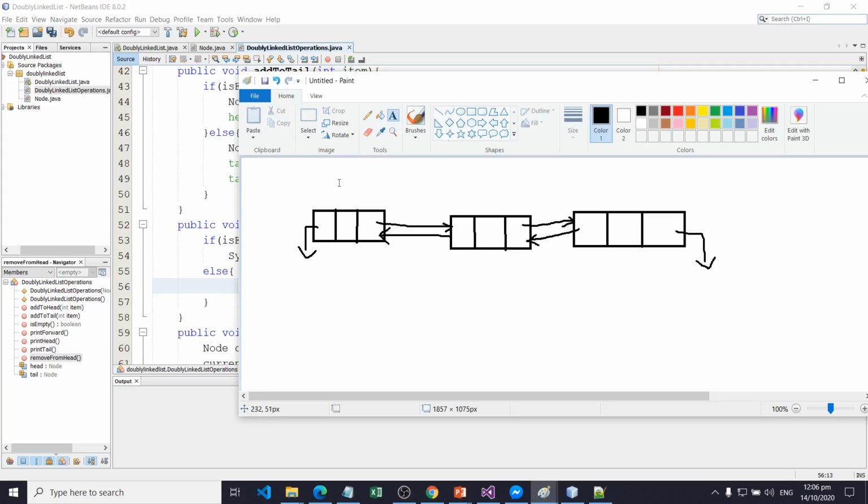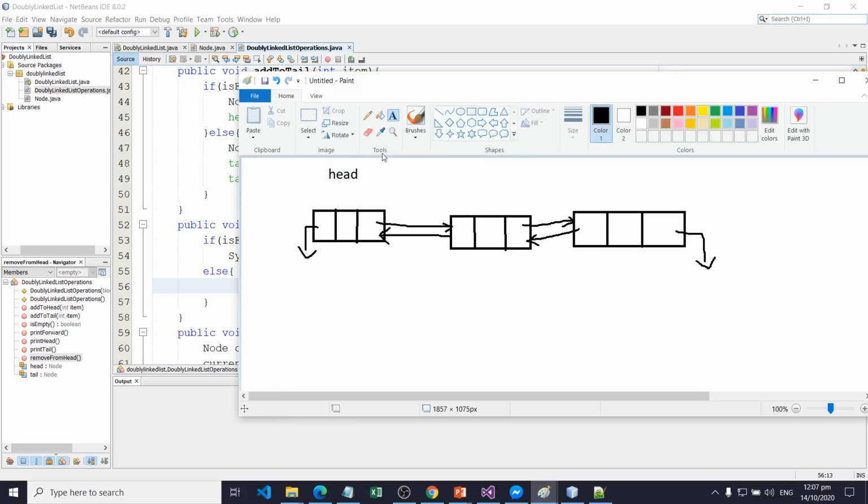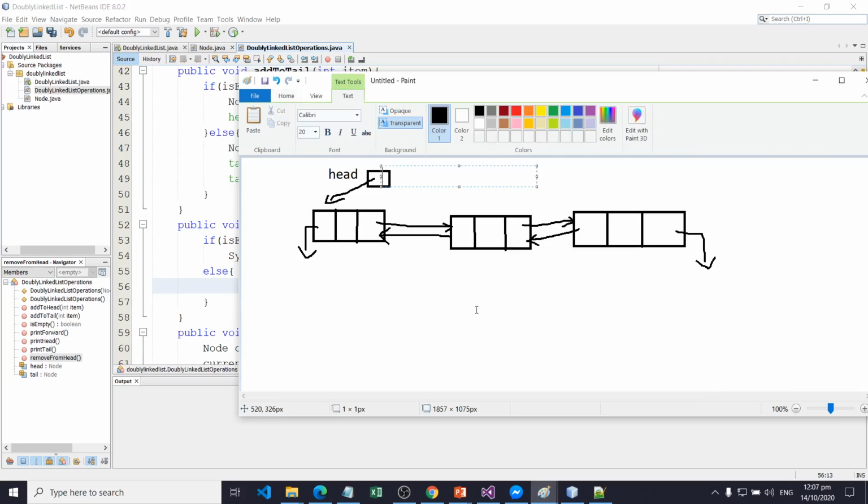Okay, and we have here the head, which is pointing to this node.